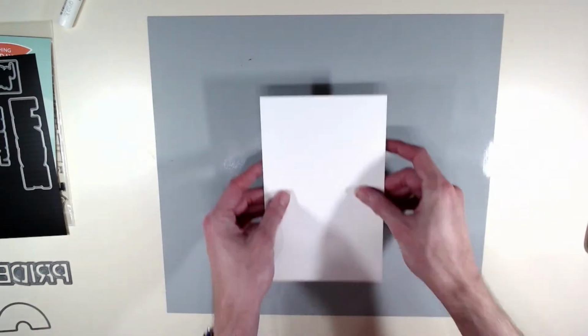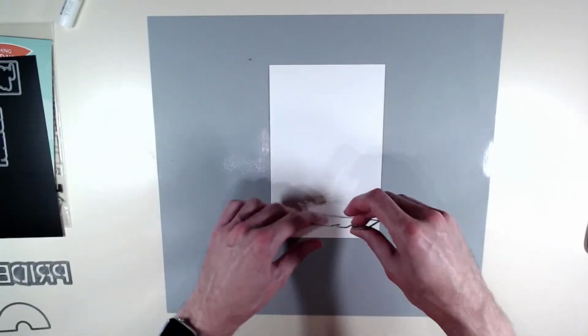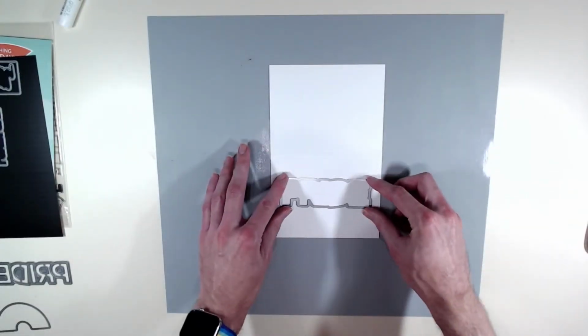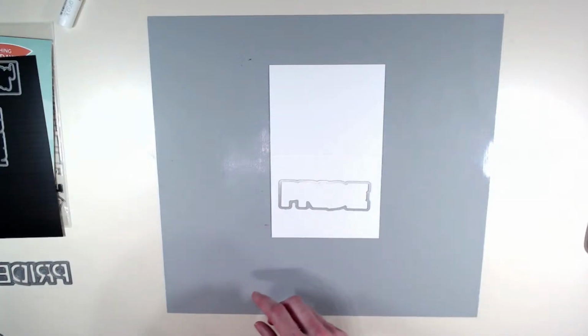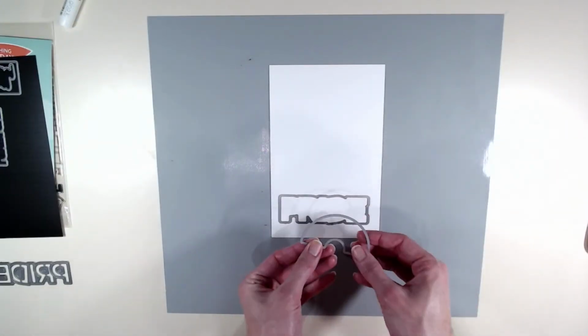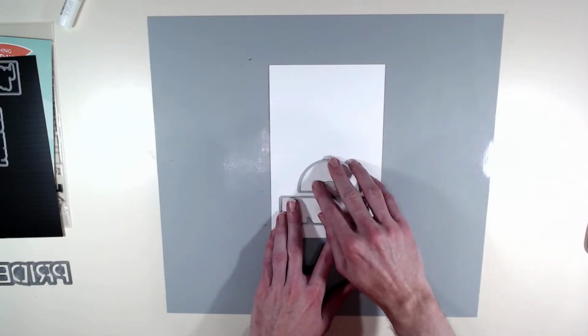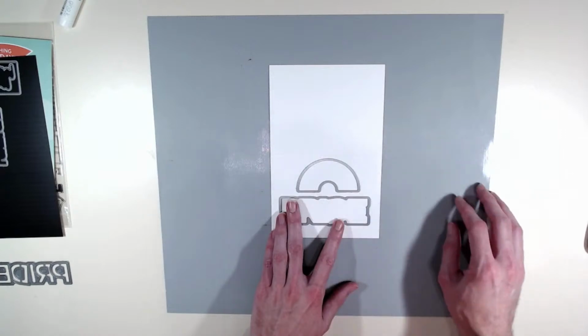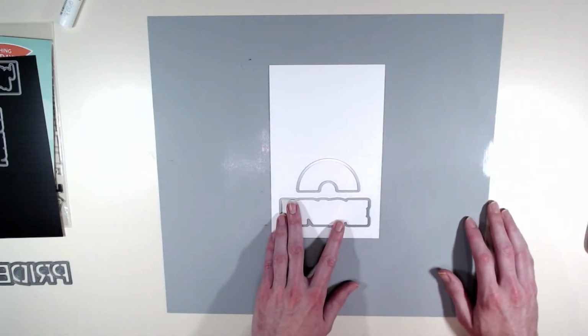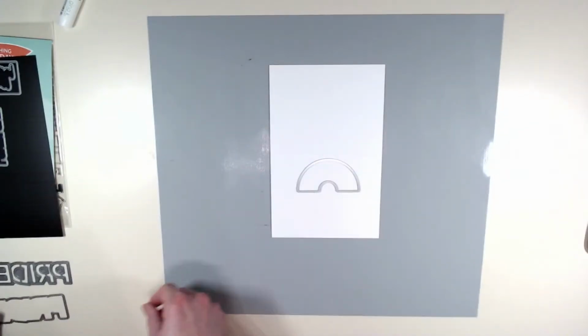Okay, there we go. All right, so now we have our shadow layer. That's going to go on there like that. We're going to put our rainbow on top. Yeah, I like that. Clean and simple, right? That's the way to go. All right, so